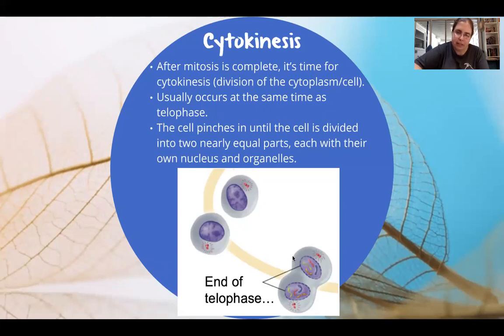So what happens is the membrane, notice how it's kind of pinching inward on either side between the two nuclei. So it's going to keep pinching inward and inward. And as it does that, that causes the cytoplasm to stream to both ends of the cell and bringing with it all the other organelles that are in there. So the mitochondria are going to move to opposite ends. Remember, we also made extra copies of our organelles during interphase. We're going to separate those extra copies and move them to opposite ends of the cell. The cell membrane is going to keep pinching in and pinching in and pinching in until it fuses. It's going to touch and fuse, and at that point,